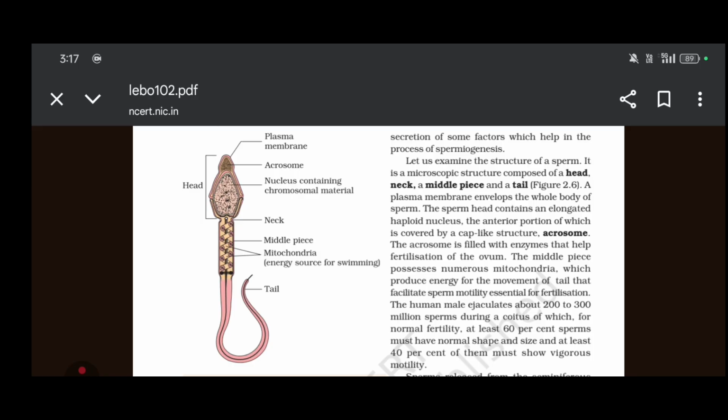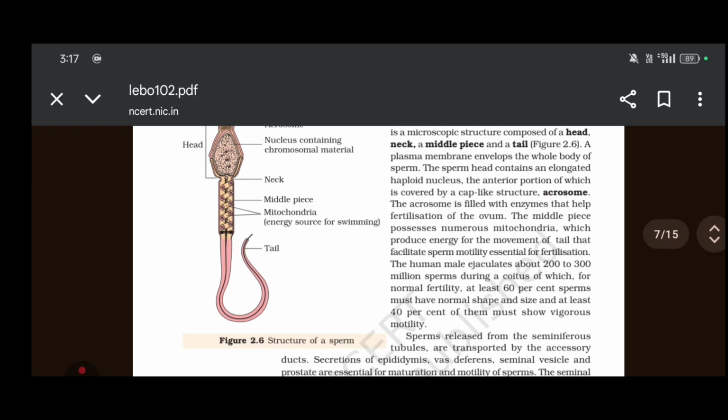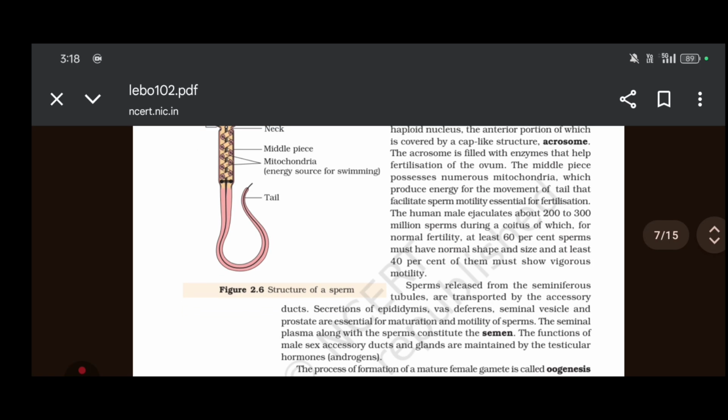Okay. A plasma membrane envelops the whole body of the sperm. The sperm head contains an elongated haploid nucleus, the anterior portion of which is covered by a cap-like structure, acrosome. The acrosome is filled with enzymes that help in the fertilization of the ovum. The middle piece possesses numerous mitochondria. Mitochondria क्यों? क्योंकि जो sperm का movement होता है, mitochondria gives the energy to the sperm in order to do that movement and in order to do it more quickly in respect to others. The middle piece possesses numerous mitochondria which produce energy for the movement of the tail and facilitate the sperm motility